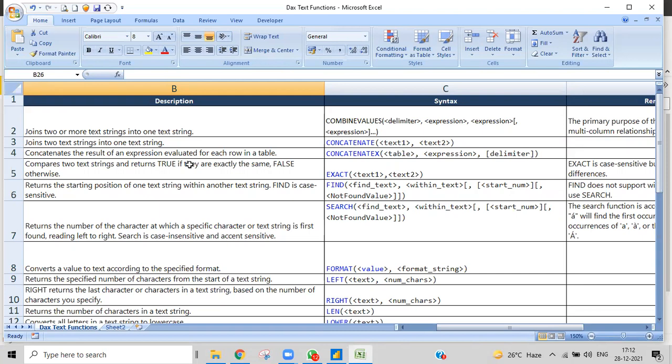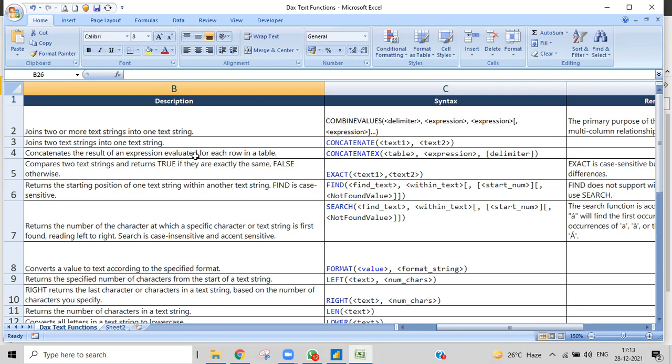DAX is used to create measures, and measures are nothing but calculations. So DAX is used to create measures, columns, and tables. That's it. Up to here you've learned, and there is no more content beyond this. This is what we do using DAX.